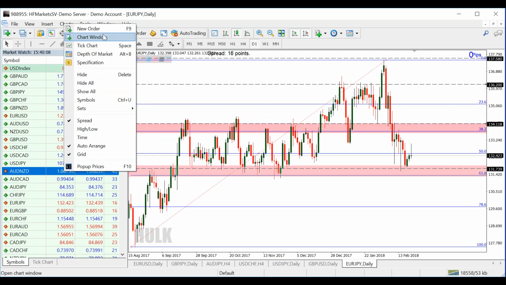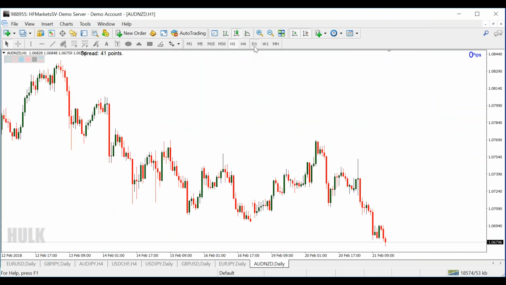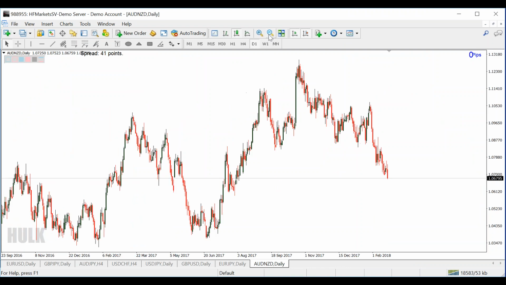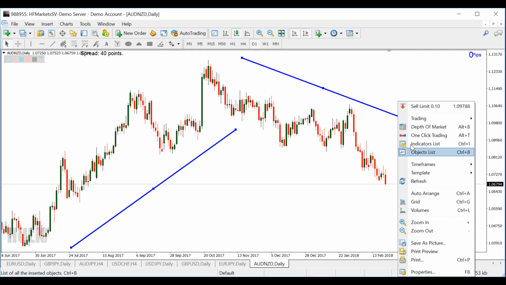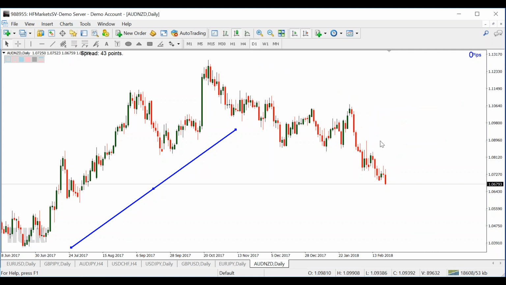So let me look at another one, AUD NZD daily. If we look here, the trend is more on the uptrend. Okay, the mid of last year uptrend, now it is down back. Okay, how do we want to trade? Okay, I'm still on the buying side because this is more on the retracement, let's say.